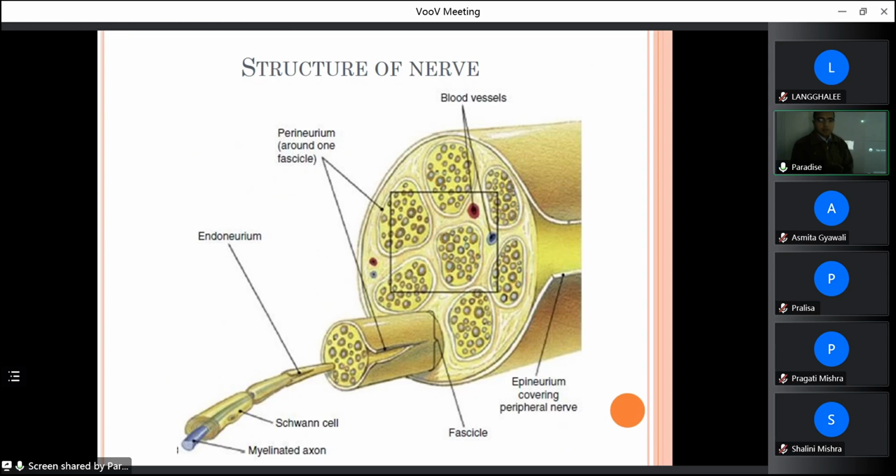So its significance is whenever we are giving the local anesthesia, it has to reach the nerve fiber. If you don't reach up to the individual nerve fiber, local anesthesia will not work. And especially in case of myelinated nerve fiber, local anesthesia usually acts in the region of nodes of Ranvier. The space which is present between the two Schwann cells is known as node of Ranvier. Also, action potential is generated only at the region of node of Ranvier in case of myelinated nerve fiber. And most of the intense pain is transmitted through this myelinated nerve fiber. These are